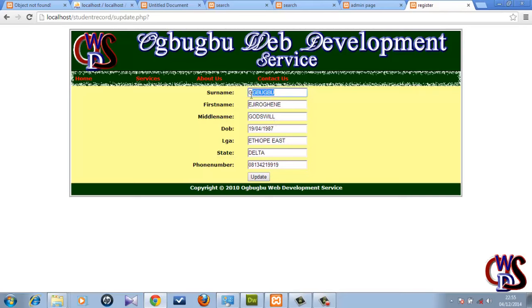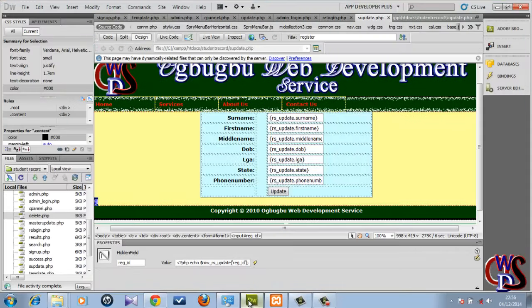So now let's try to update this. Let's call it OGPU instead of Google. Then let's click on update. Clicking on update, the problem we're having right now is that the form is not updating yet. Though it is not updating, we're on track. Everything is working perfectly right now. The reason it's not updating is because we have not appended the update server behavior to this form yet. Since this one is already working and we have been able to pass our URL parameter of the reg ID